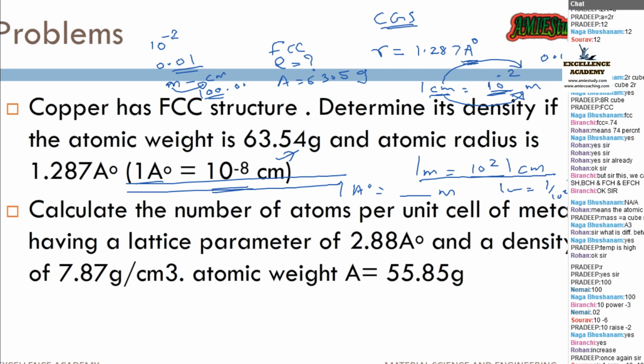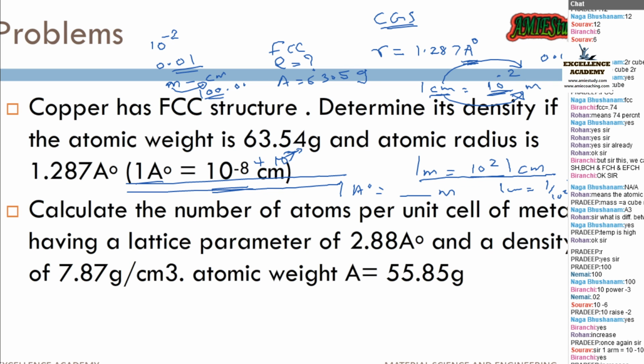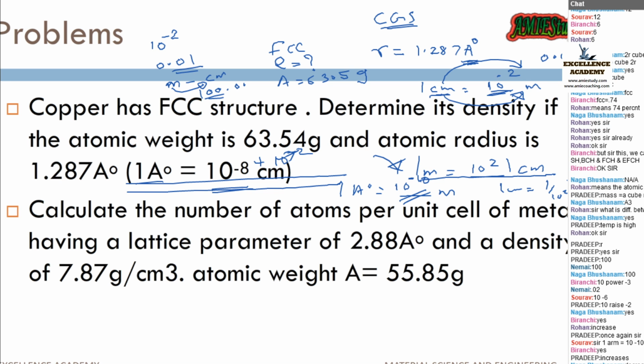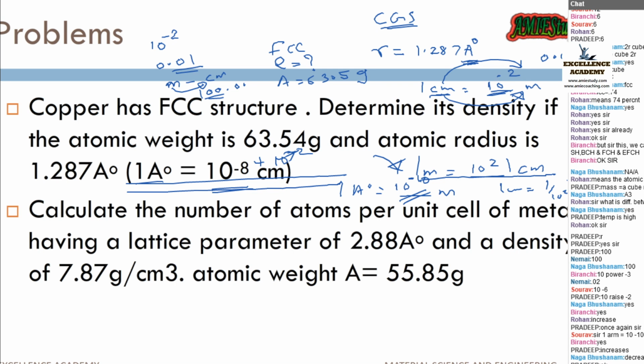Will the count increase or decrease? 10 raised to minus 10. Can all of you agree with that? Yes, you have to add plus 10 raised to minus 2, isn't it? That means 10 raised to minus 10. Does it decrease or increase? Yes, the value is decreasing. 10 raised to minus 10 is lesser than 10 raised to minus 8. Clear to all? That is, more count of zeros will be there. So these are the things.